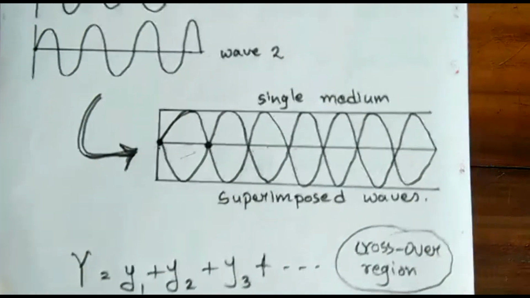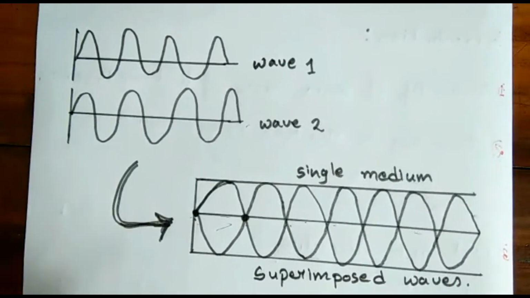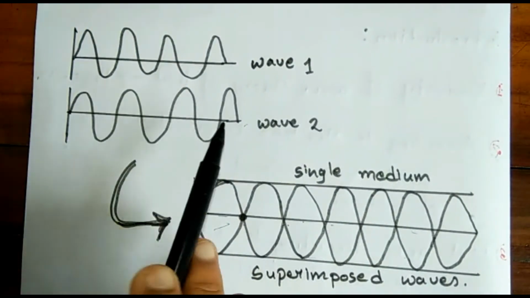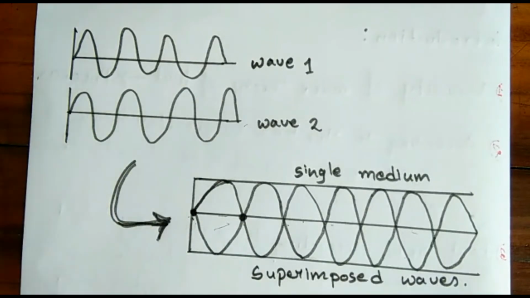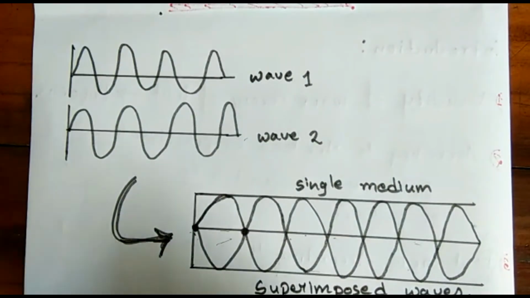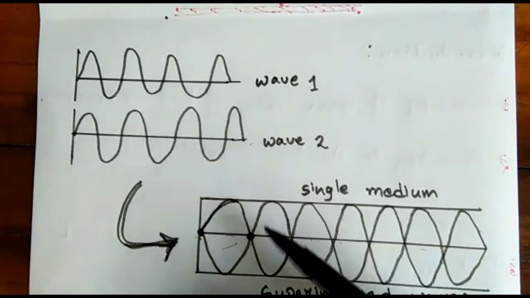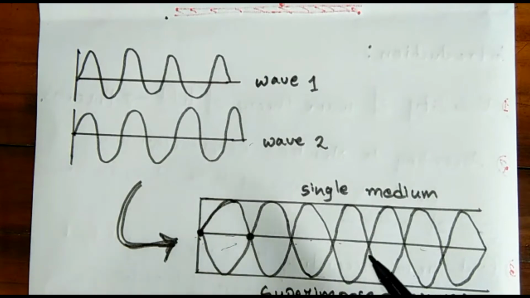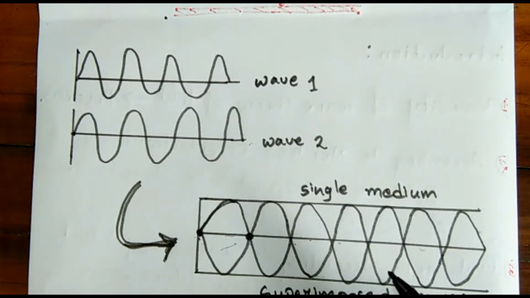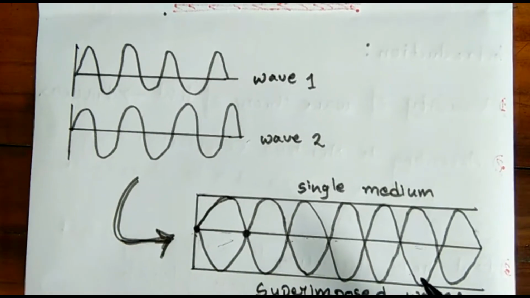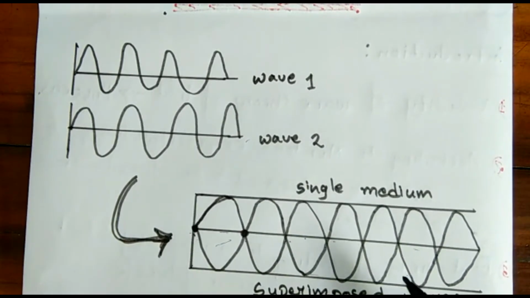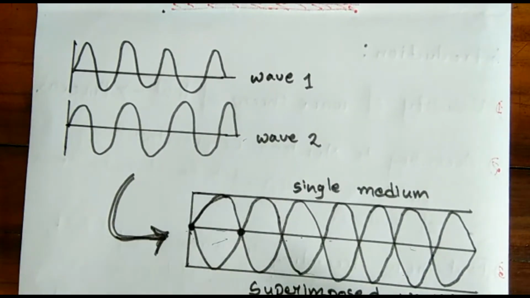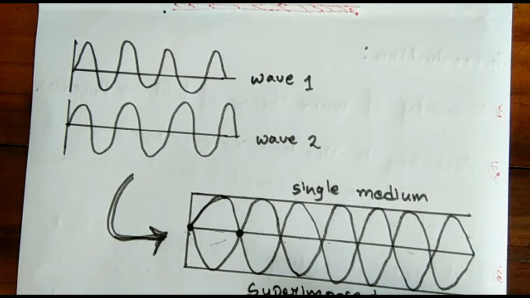Now a question may arise in your mind that why we take two waves, why not one single wave or more than two waves? This is because in order to superimpose and travel through a single medium, we require two sources, and these sources can be point source or any other source, but that should be coherent source, and also monochromatic. Okay, we will discuss the conditions at the end of this video.